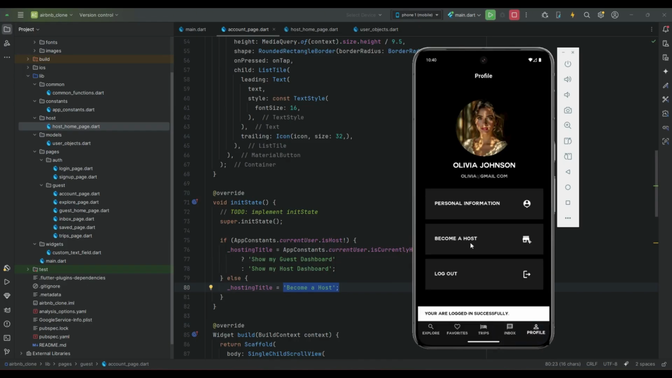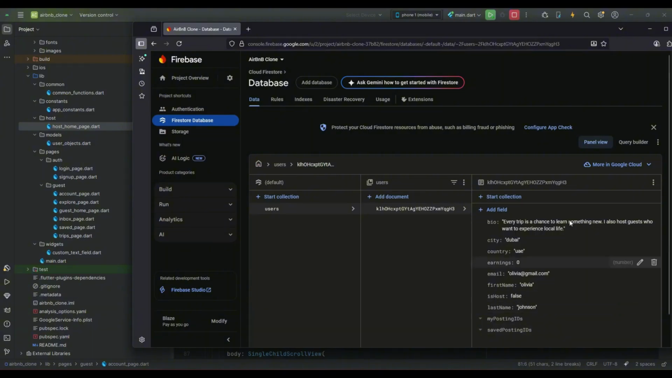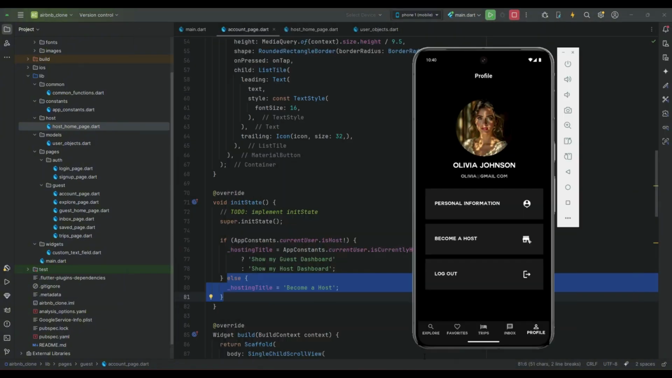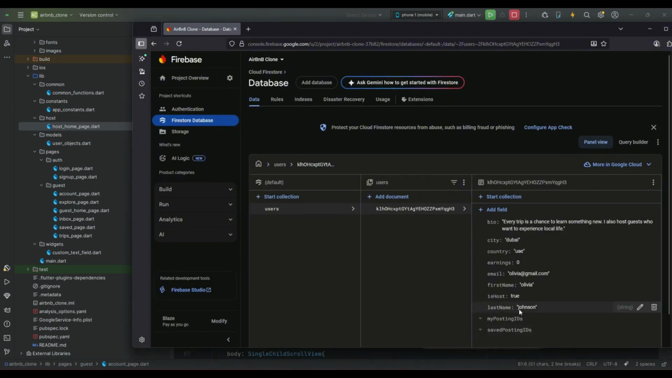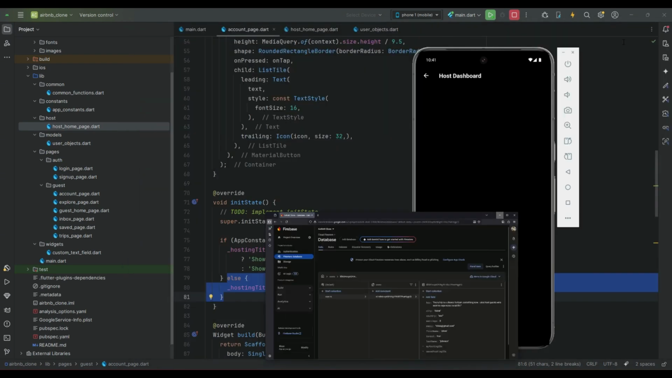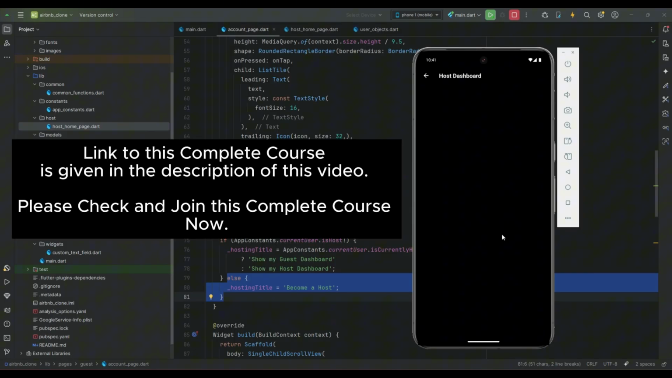Profile, and you see the become a host, because currently this condition will execute as the current user is not yet the host. So now as soon as I click on become a host, the user is sent to the host, that is the user becomes now the host, and in the database it is now true. I mean, we have not yet implemented the host dashboard. Once we implement that, then we will test this other switching, which is to switch back to the guest dashboard